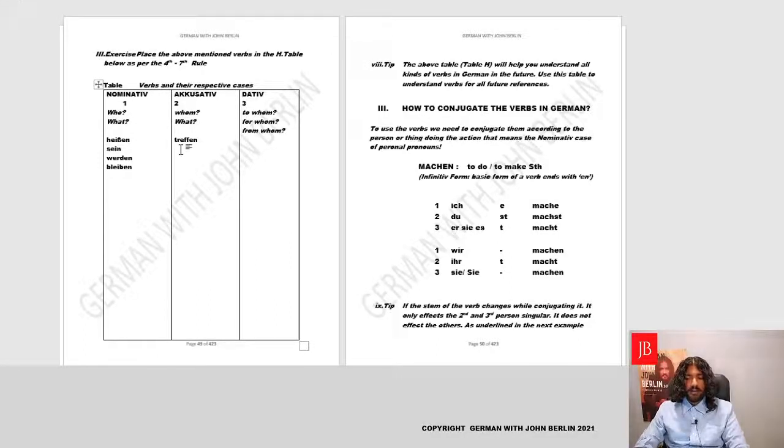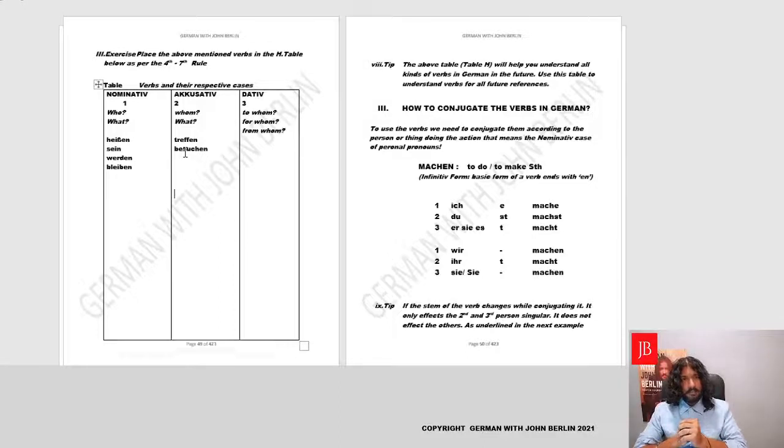Also the verb like I visit you. Let's say I visit you online. So again, the question is who visits whom, and the answer is basically the accusative verb because it requires 2 cases. So we could write here the verb to visit, besuchen. Perfect. Then we could move forward and we could see verbs which are both accusative and dative.